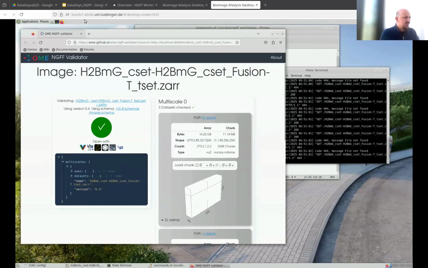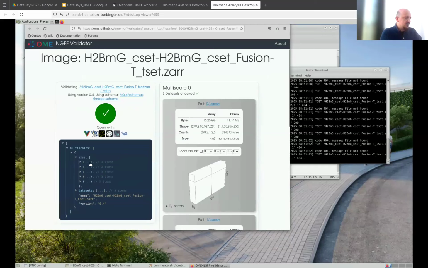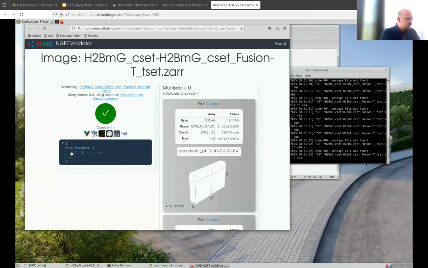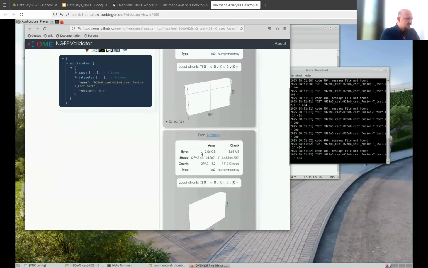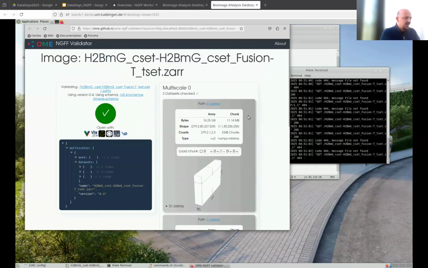So it opens this browser window, and then it tells us that this OME-Zarr is valid when you see this sign. And it also gives you comprehensive metadata. So all of these things that we discussed, like the axis, or this metadata that you find in the multiscales metadata, in this Zarr attributes file, they are shown nicely here. And it also provides this array metadata,